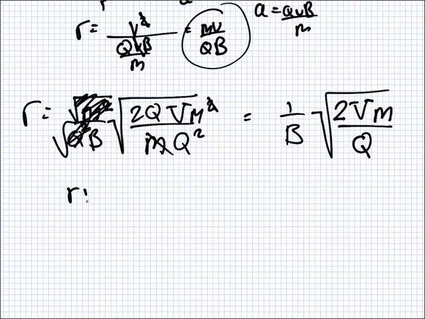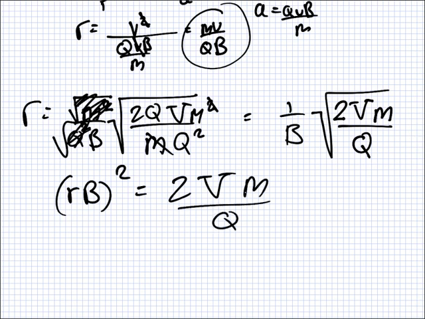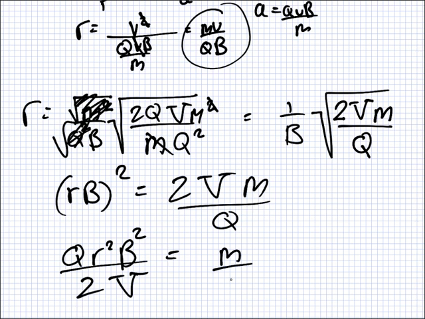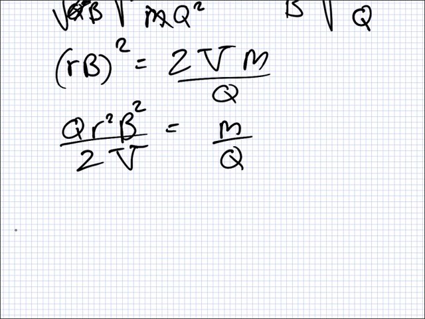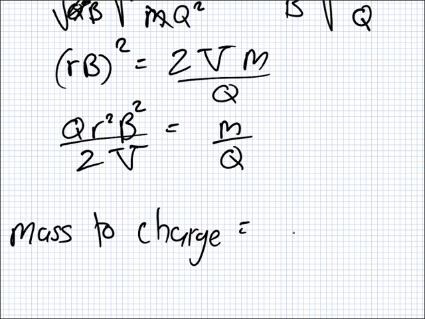That would be r B squared equals 2Vm over q, mass to charge. So that means q r squared B squared over 2V is equal to m over q. So you can say that the mass to charge ratio, which is this thing here,